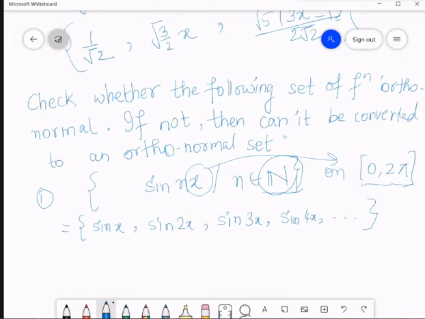And I still want to check whether this set is orthonormal or not. How do I go about it? How many integrations am I going to check? For the previous case, when we had 3 functions, we had to evaluate 6 integrals, and then we had to claim that it is orthonormal, orthogonal, whatever the situation was. In all the cases, we evaluated 6 integrals. Now here there are infinitely many functions. How many integrals are supposed to be evaluated?